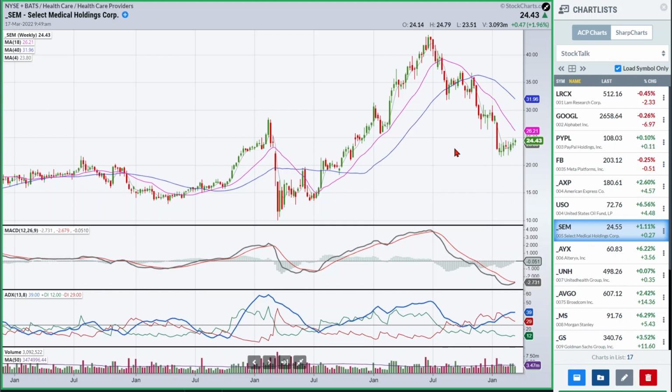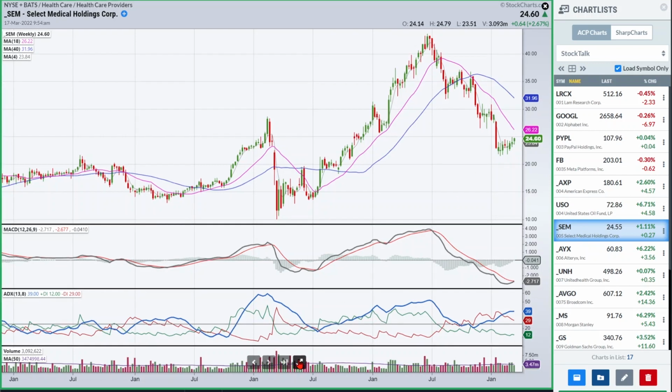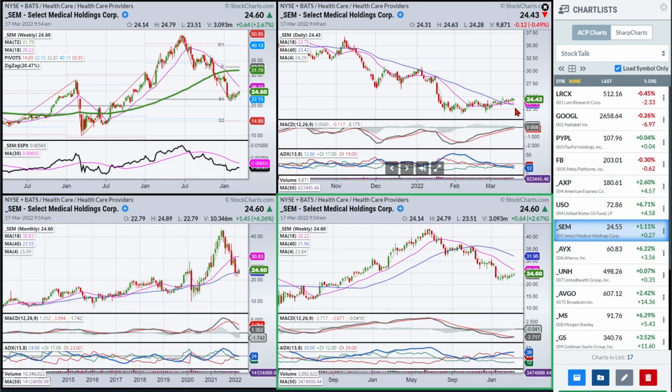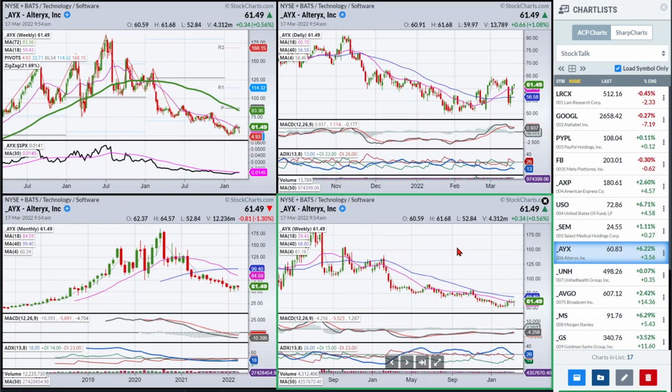And now we're coming into support. So I wouldn't really be all that interested in playing this now for that particular reason. But if I am going to do it, I would be playing it very nimble. And I might need to go down to an hourly to have the risk reward make sense to do it near those lows.